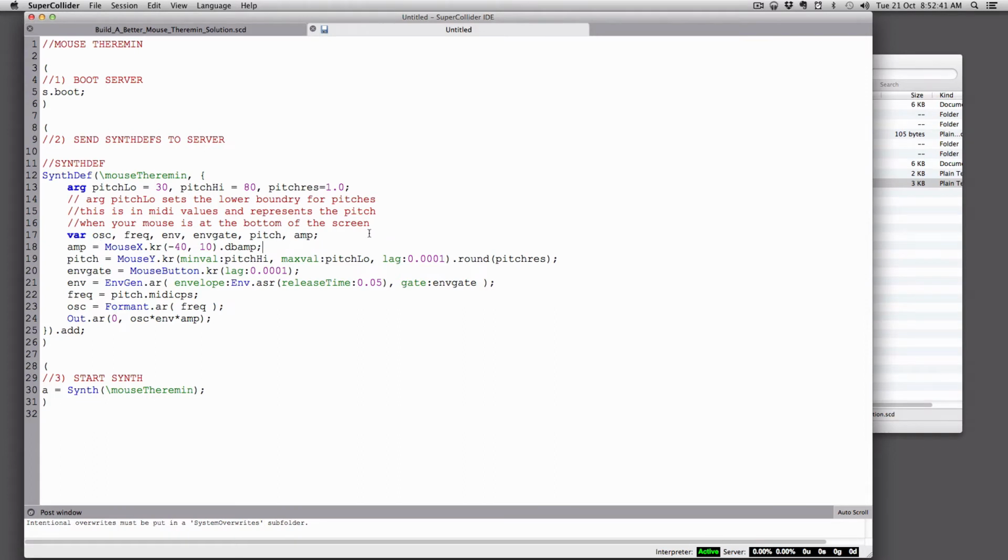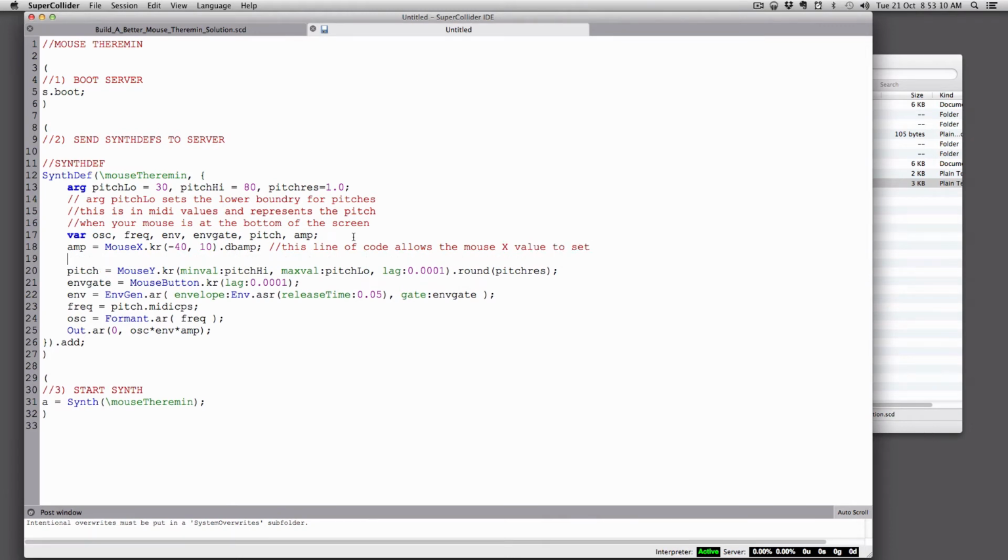But for each line, I would make some sort of comment either on the side. You can do a comment here, or you can do on top or on bottom, however suits you best. So I'd say this is this line of code. Allow the mouse x value to set, and I guess it looks like we need several lines. Amplitude of 2